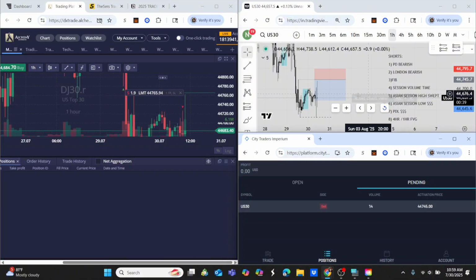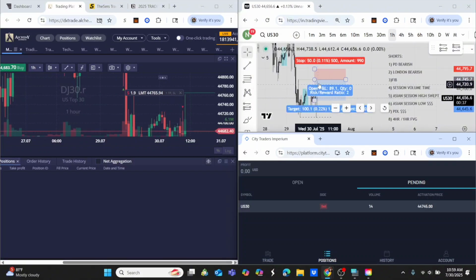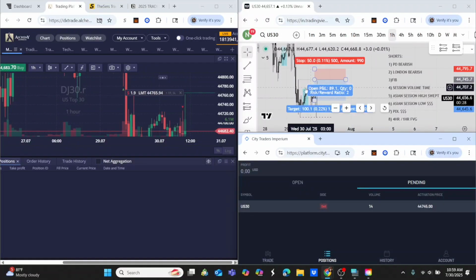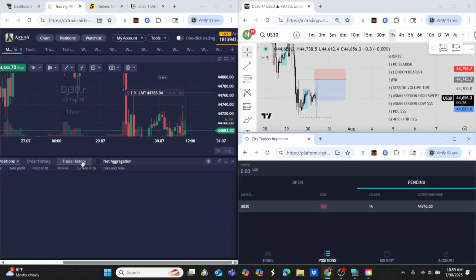Alright, so it's the end of my trading session. As you can see, like I said, price missed by a little bit and ended up going down, hitting TP, but it is what it is. I followed the rules, I followed the process, but instead I ended up taking a break even, so I'm gonna just cancel these orders right here.